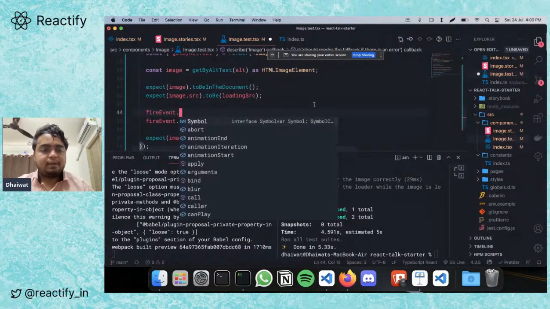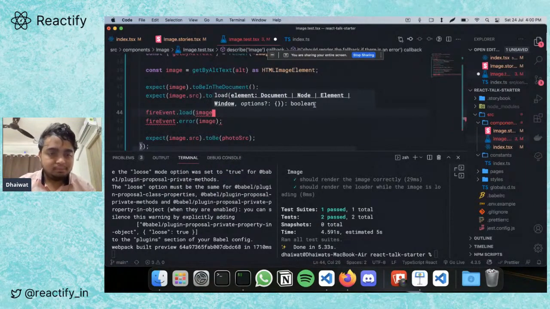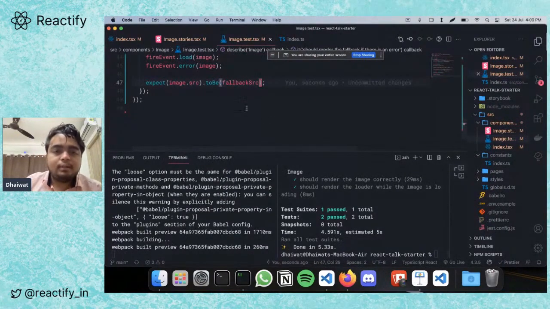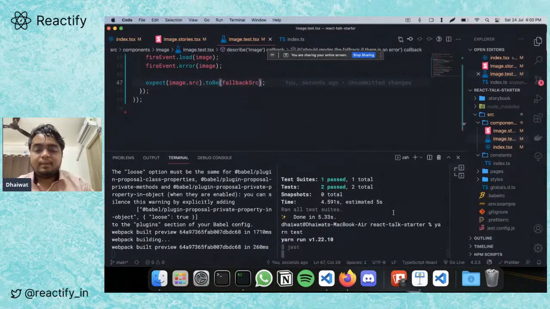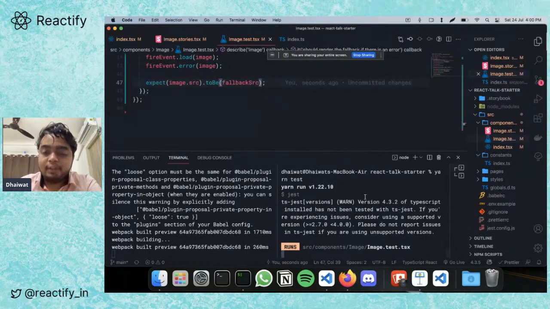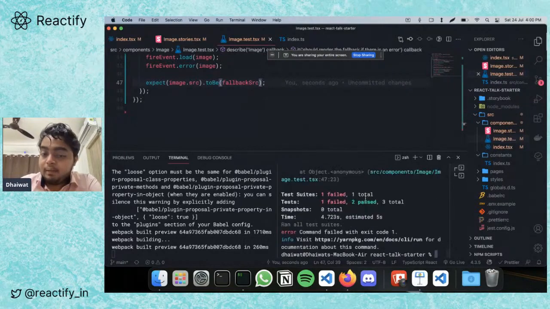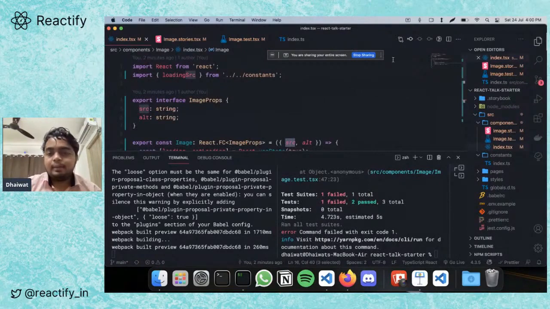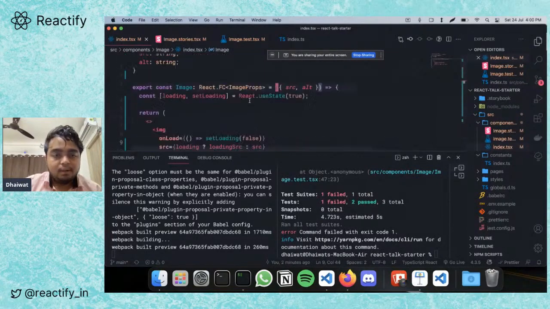You can actually fire the load event too, and then we'll be firing the error event, and we should check if the SRC is indeed the fallback SRC. The test should fail, and it does.